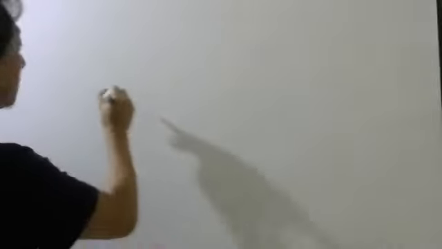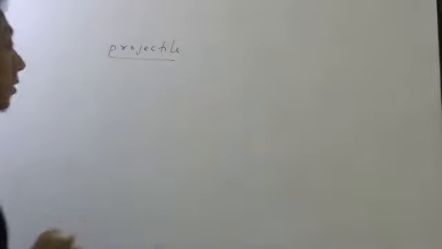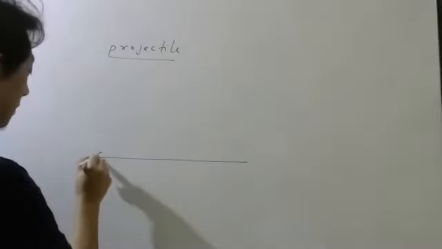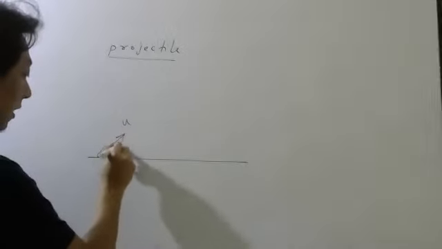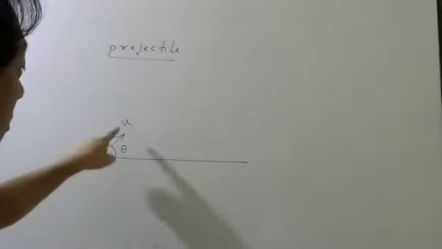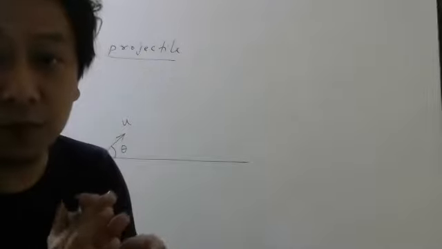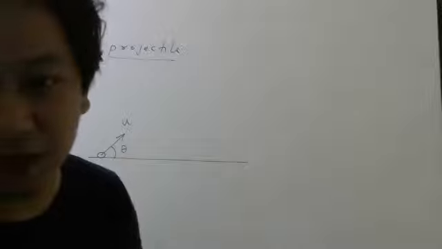So if you remember, in projectile motion, if you throw a body from ground with let us say initial velocity u at angle theta. So these two quantities will be given to you. This is your initial velocity, the speed with which the body starts. 10 meter per second, 20 meter per second, any number it can be.